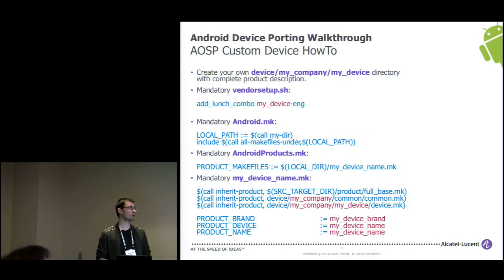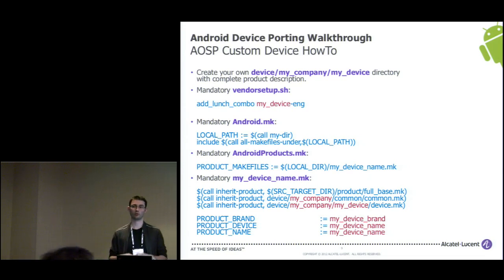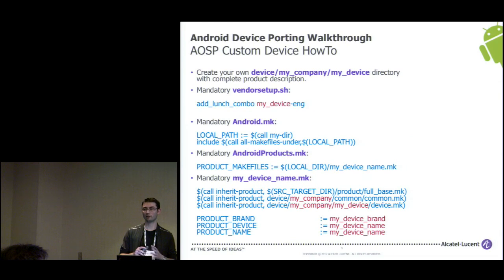So if you want to take this AOSP, you now want to create your new device. So I will try to give you a couple of guidelines on how to add your new device. The important thing, but Marco already presented a couple of these things this morning, is to create a new entry within the device directory of your AOSP sources. For that, you usually create a directory device/my company, and then you can put a my device directory, which will contain all the necessary make files.